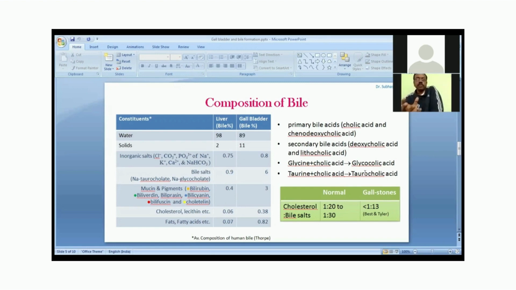In carnivorous animals, like meat-eating animals, some of us are carnivorous, and then dog is there, then tiger, lion. These are carnivorous animals. They contain mostly bilirubin. Otherwise, the herbivorous animals like cow, goat, etc., they contain biliverdin in their bile mostly.